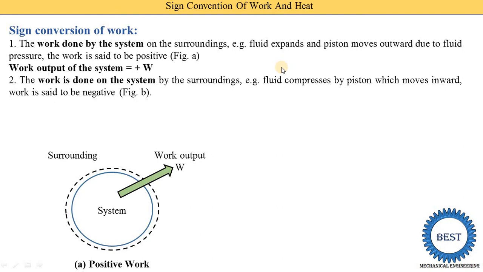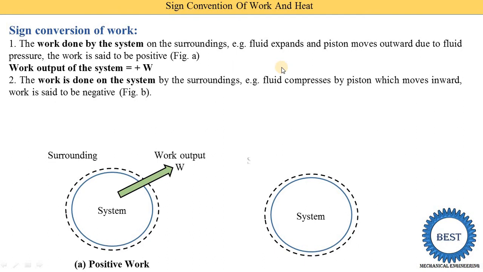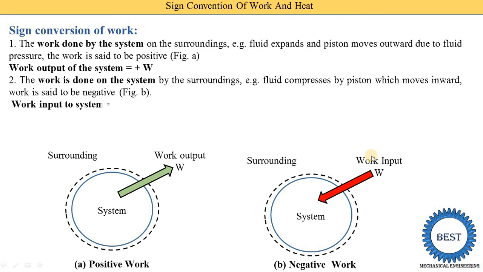Generally a compressor is used to fill the air inside our tires. In a garage you see the compressor is available. In a compressor we supply electricity. This electricity is supplied to the motor, and this motor converts the electrical energy into mechanical energy, and this mechanical energy is supplied to the compressor. So when we supply work to the component, it is called negative. Here you see this image: that is one system, this is the surroundings, and we supply work as an input, which is called the work input W. So it is considered as negative work, and it is written that the work input to the system is considered as negative.